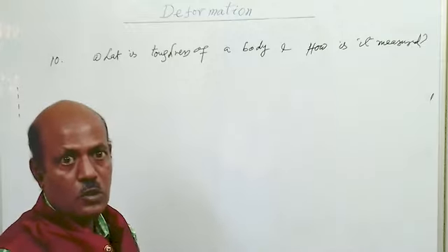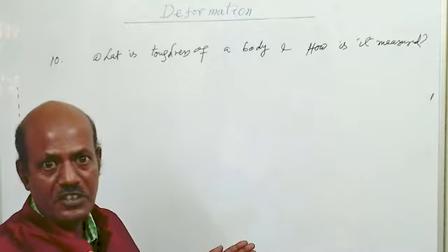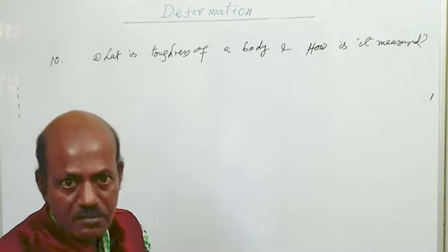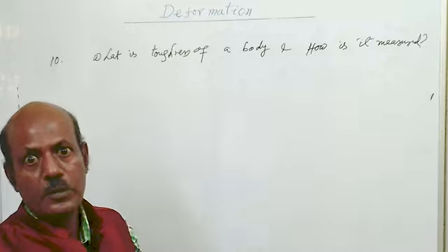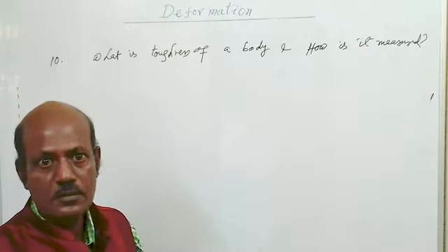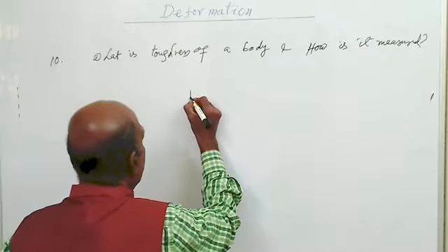It is the shock load carrying capability of a body that is called the toughness, or the energy absorbed by the body before failure is called the toughness, and it is given by